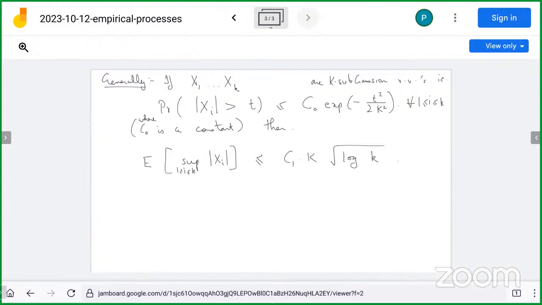So what does this tell us? This tells us that if C is some finite subset of F, then E